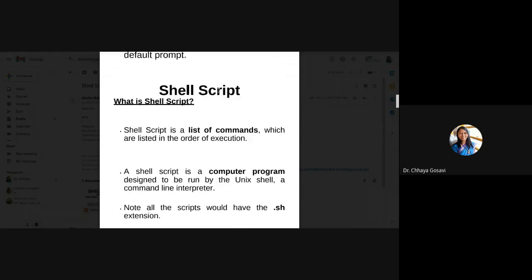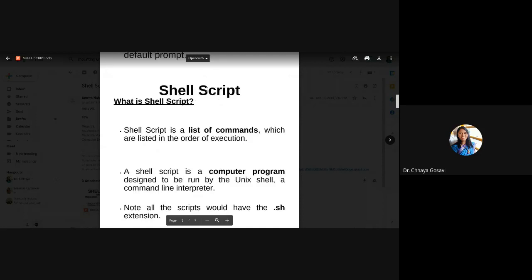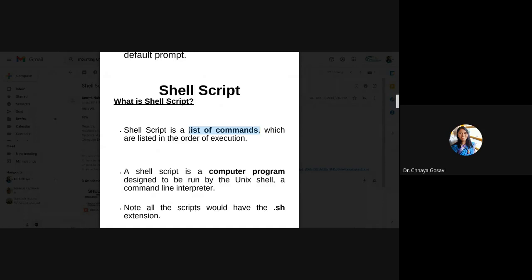So what is a shell script? As the name says, it is a script or language. A shell script is a list of commands that you want to execute continuously or sequentially. So instead of giving one command at a time, you can list those commands, save them as a shell file, and run this shell script.